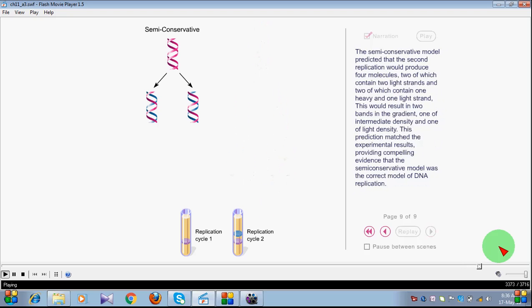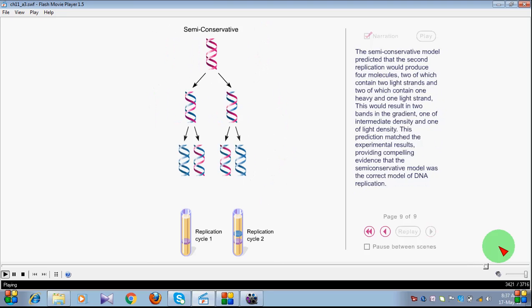The semi-conservative model predicted that the second replication would produce four molecules, two of which contain two light strands and two of which contain one heavy and one light strand. This would result in two bands in the gradient, one of intermediate density and one of light density. This prediction matched the experimental results, providing compelling evidence that